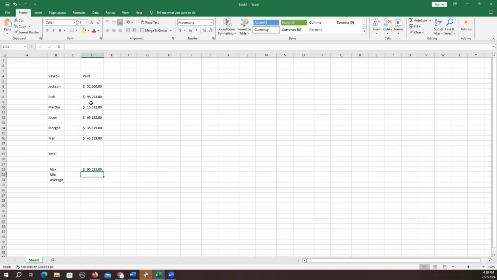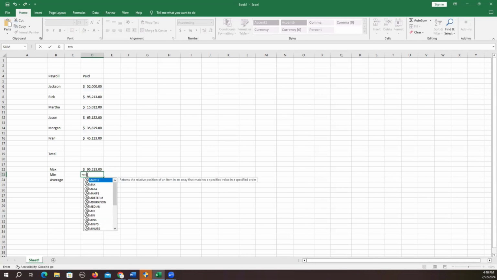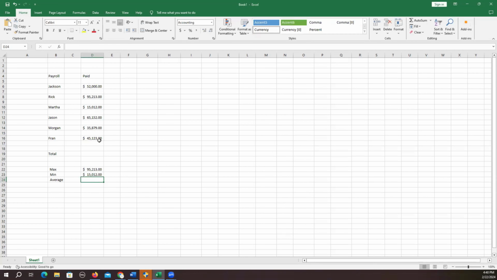And as you can see, it's pretty easy right here that the maximum is $95,213. So next we want to find who's making the least. What's the minimum? So we'll do the same function. Choose that cell, hit equal M, and as you can see, for minimum we have MIN. We're going to hit the parenthesis there. Go here to the top, click, drag, close parenthesis, hit that, and the minimum comes up, which is